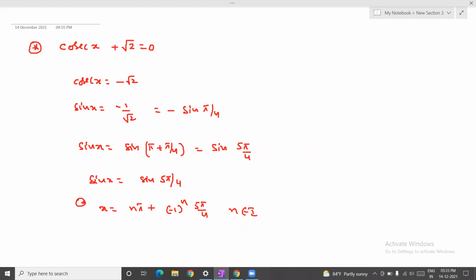Okay, sir. Understood what I'm saying? So it doesn't matter. Only one number is the variation. Suppose I'm taking 5 pi by 4 and you are taking 2 pi minus pi by 4. The difference is, if I take n equal to 0, I will get the third quadrant value. If you take n equal to 0, you will get the fourth quadrant value. And if I take n equal to minus 1, I will get the fourth quadrant value and you will get the third quadrant value. So that's it. But it is the same, no? You can't say it is wrong.